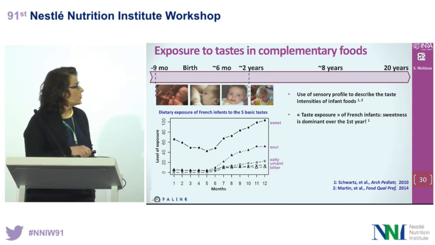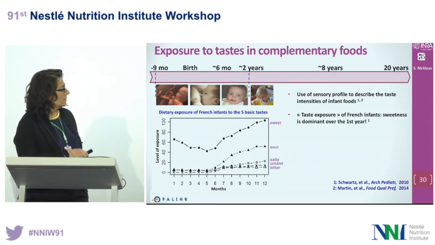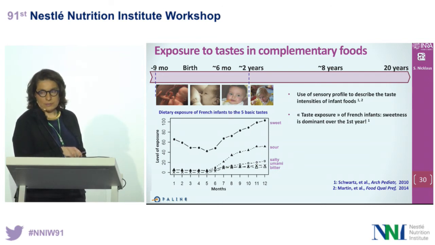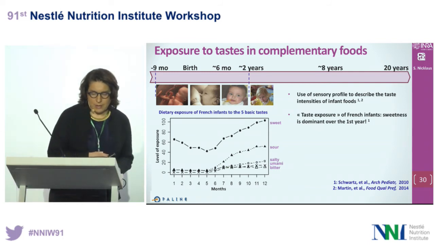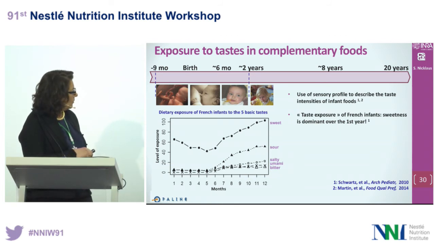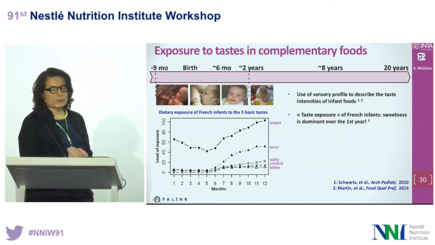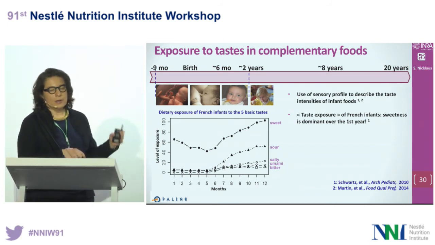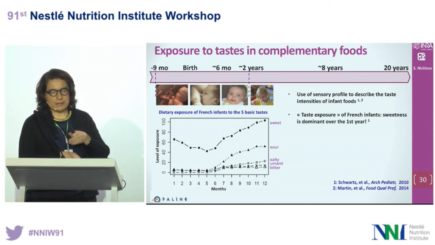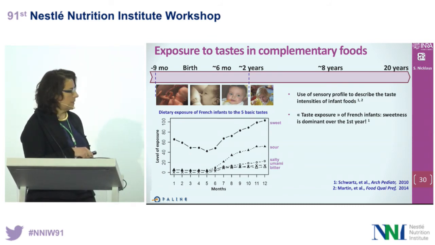We looked at exposure to a variety of tastes. And as we can see, the first taste that children are exposed to is a sweet taste. So it's the taste of the milk here, and that's why it's the only dominating taste at first, because the milk is sweet. You can see a reduction in exposure here, just because we calculate this score taking into account the frequency of consumption, and during this period, the number of milk feeds per day is slightly decreasing,